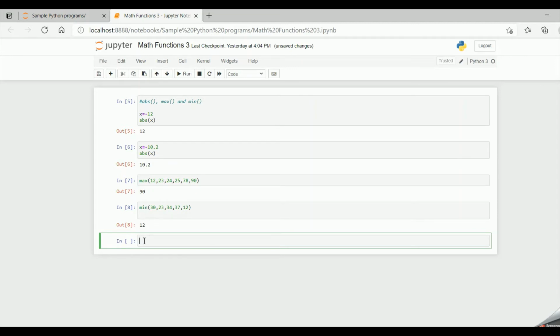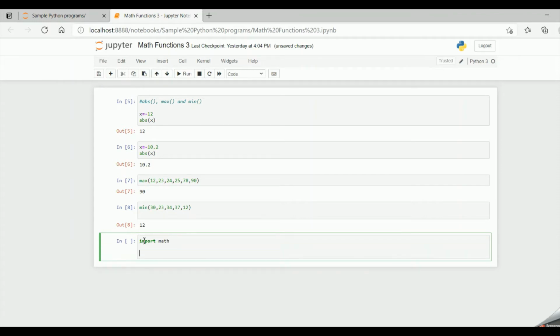Now let's look into the functions which require importing the math module. So firstly, we have to import the math module. And now if I give math.ceil of 10.2. So 10.2 is the number which I have given to the method ceil.